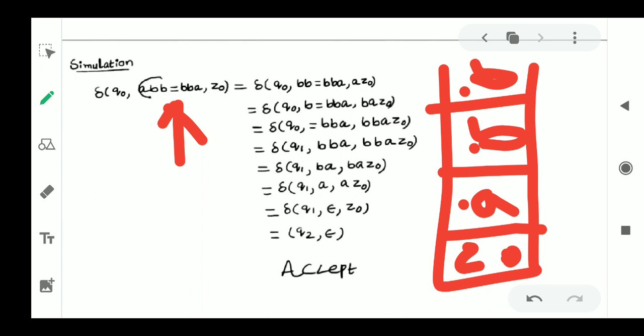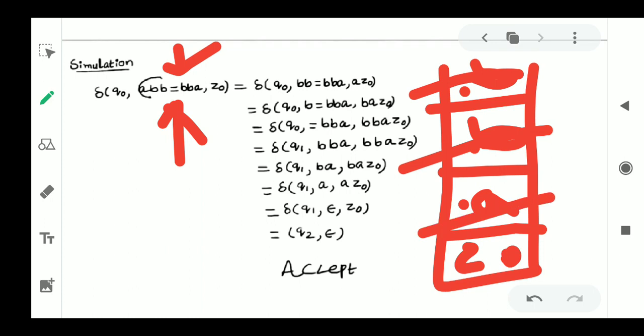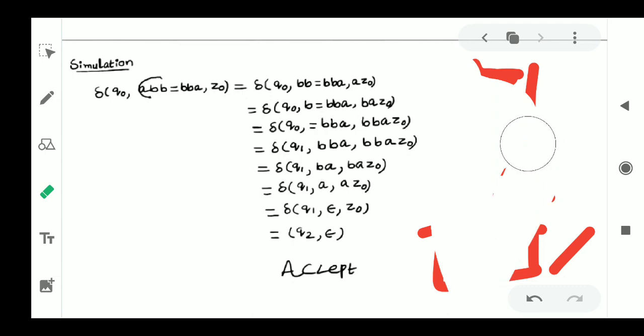So now what happens after that: the next input symbol is B, delete the top element from the stack. The next input symbol we are going to read is B, delete the top element from the stack. The next input symbol is B, delete the top element from the stack. Next we are reading A, delete the top element in the stack. The string is over, we will assume that there is delta. Once delta is encountered, in the place of epsilon you can keep delta also, no problem. Q1 comma delta comma Z0. Finally it accepts: Q2 comma Z0.